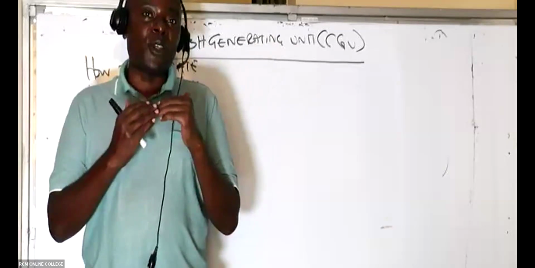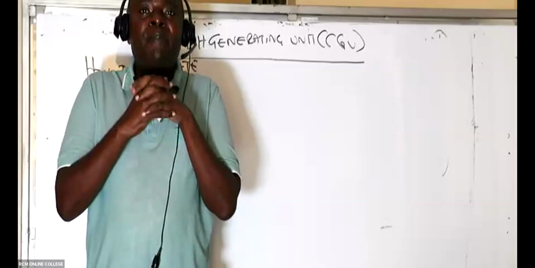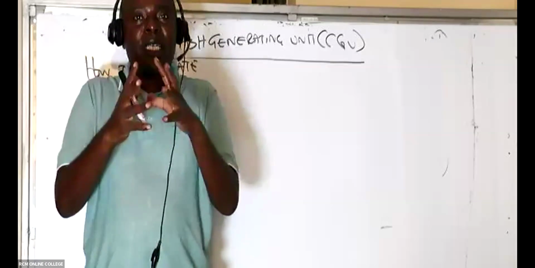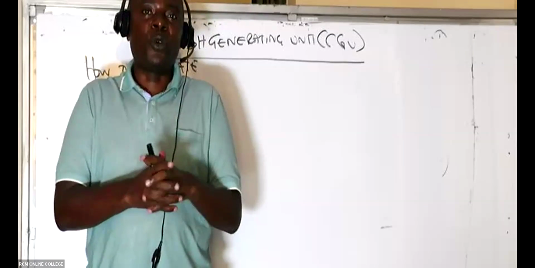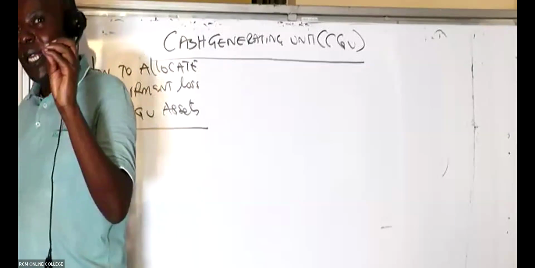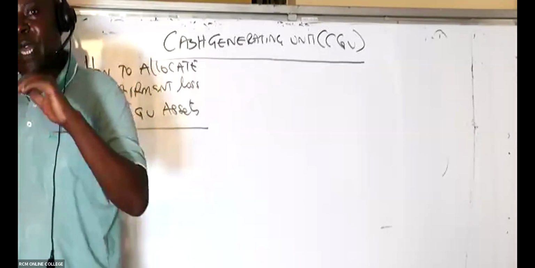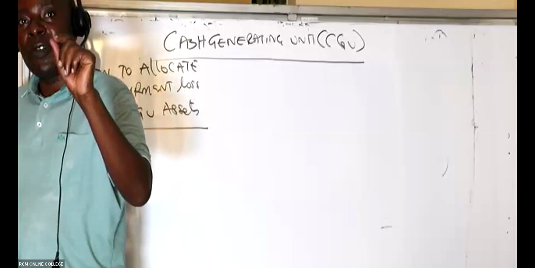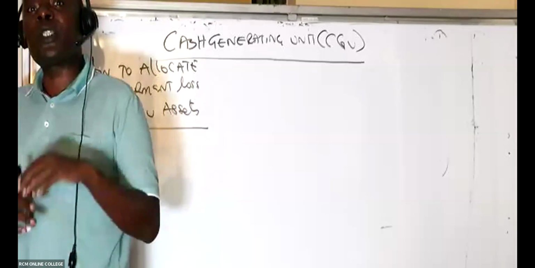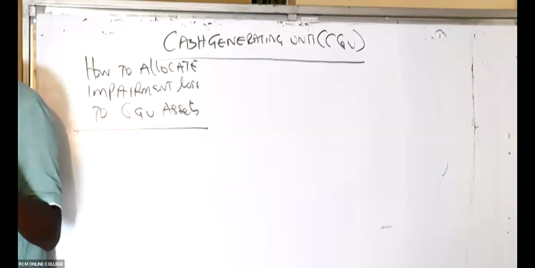Then, of course, in this case you have to impair those ones before you distribute the remaining impairment to the other assets pro rata to their carrying amounts. So I would want us to write that statement, but the very best way of writing it down is by having a small example for us to see the procedure. Knock down goodwill first. And then you knock down those specific assets that have been mentioned to be fully impaired. Any excess impairment loss will be shared amongst all the other assets in a proportional way.